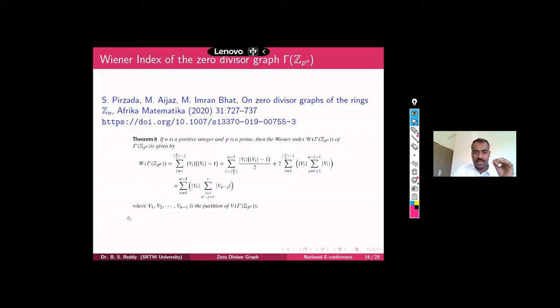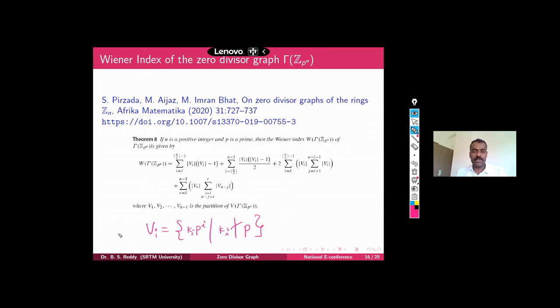So you can see here, even though the expression is longer. Okay, and these v1, v2, up to v n minus 1 are the partitions of this vertex set. Okay, that means exactly the same as here. Any vi for them is nothing but the multiples of p power i, where k i does not divide this. Means v1, v2, just like how we did multiples of only p, multiples of only p square, and so on. So the same thing, they have split, you can call it a partition.